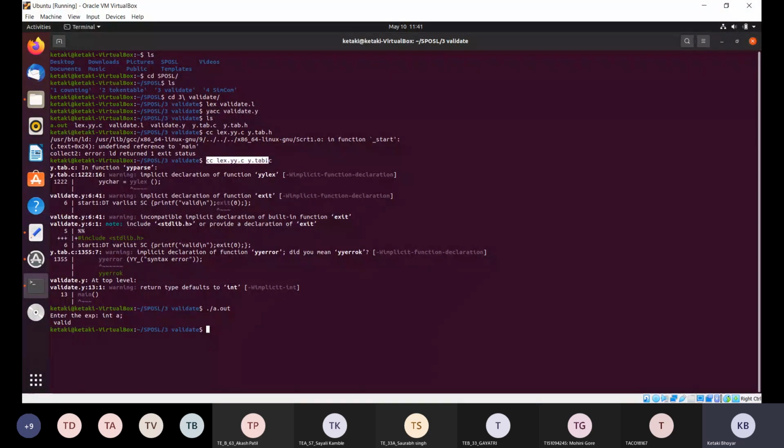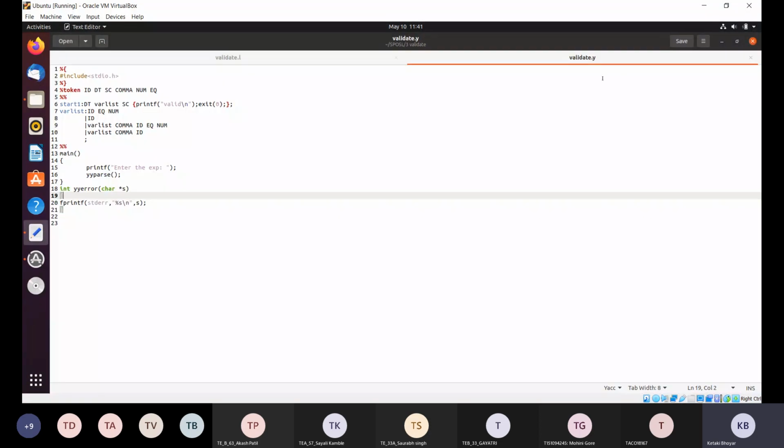Then use the compiler to compile both the generated C files: cc lex.yy.c and y.tab.c. You will get some warnings, but these are okay. Then the a.out object file will be generated. Run that a.out file and your program will be executed. Got it? So this is one code.